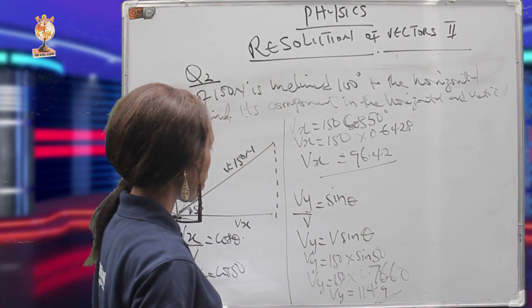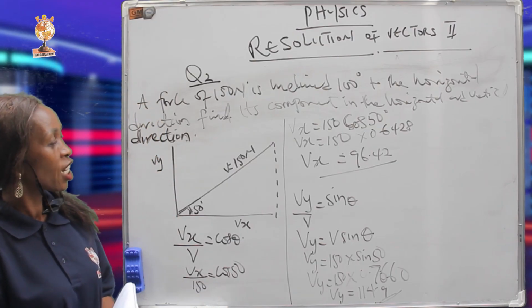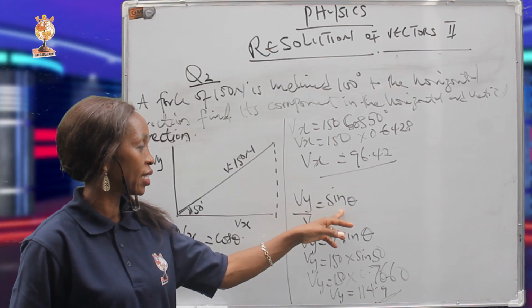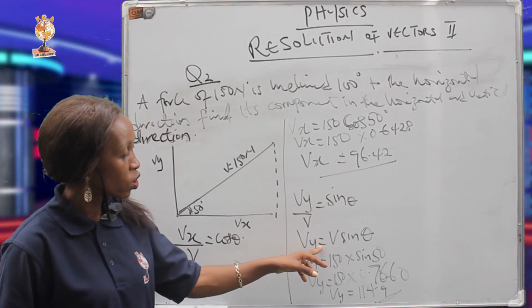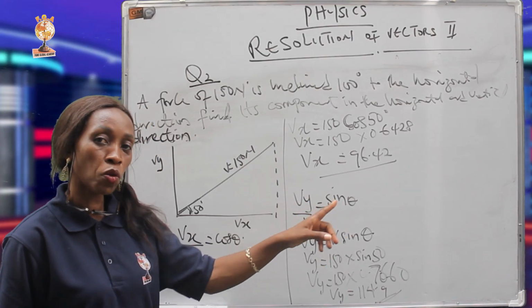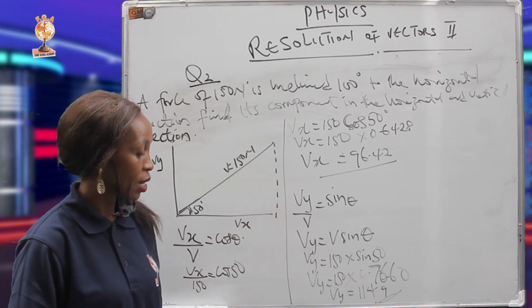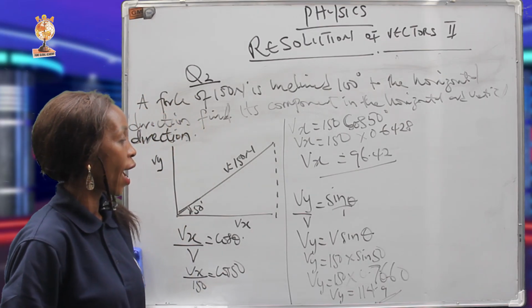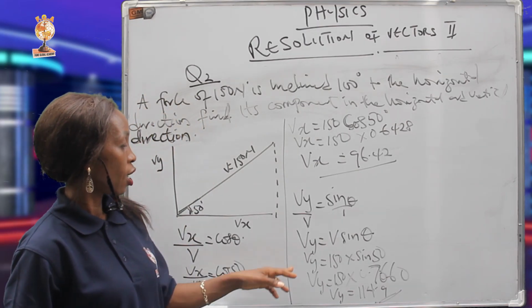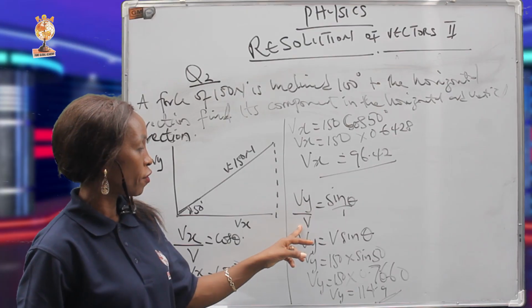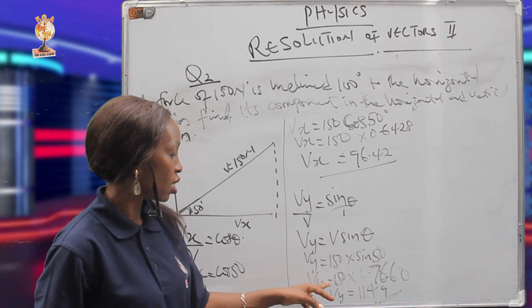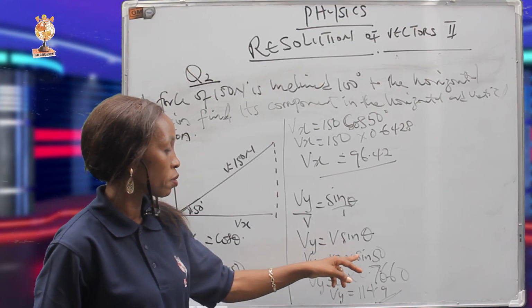I come again. In the vertical component, which is the y-axis, I have Vy over V equals sine theta. So Vy is equal to V sine theta if I cross multiply. V is 150, and the angle is 50 degrees. So Vy becomes 150 times sine 50,